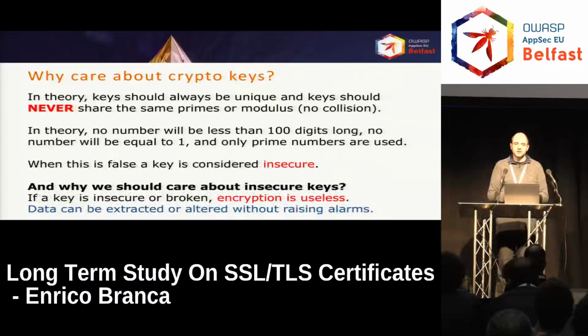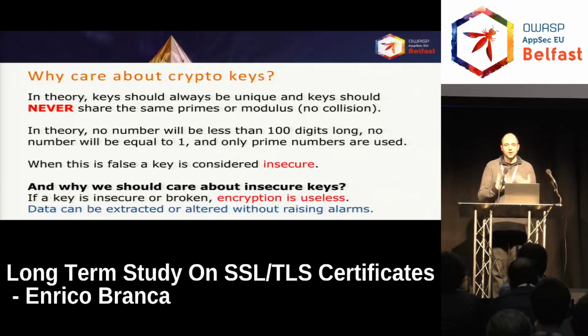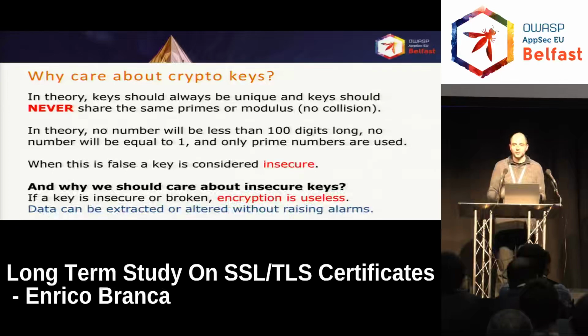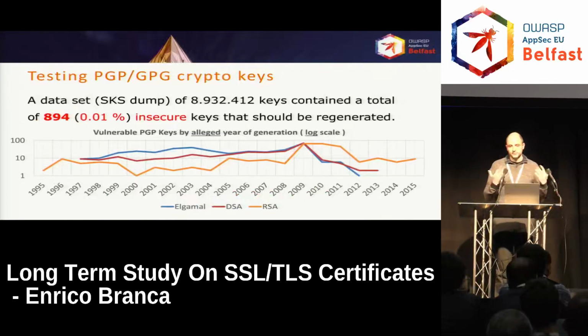If this happens, the encryption key is useless, and the encrypted data is useless because it's encrypted for the person that is using the key, but for anybody that knows the key is broken, the data is not encrypted at all. They can reverse it whenever they want. So, simple test: I downloaded all the keys and checked them by creation date. And the result is, out of the 9 million keys, around 900 keys were broken. And this is live, public data from PGP keys.